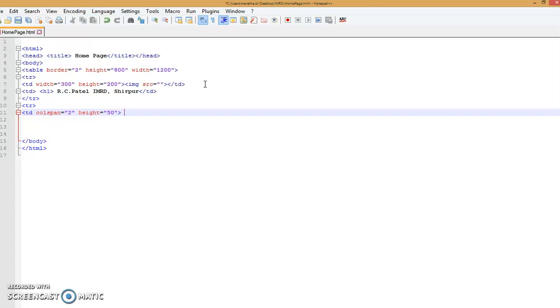and to enter the particular links, to create the link, a href is equal to homepage.html, home.